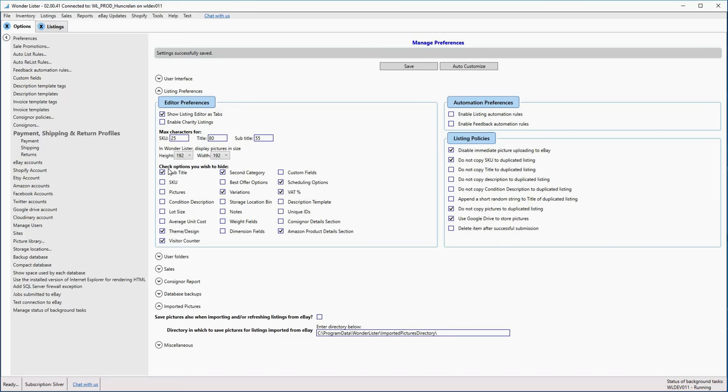Next, in the section titled Check Options You Wish to Hide, you will see a lot of fields. Each field has its own checkbox to indicate if you wish to hide that field in the editor. If you wish to hide a specific field, check the box next to it. Finally, when you are all done with all your changes, please remember to save your changes by clicking the Save